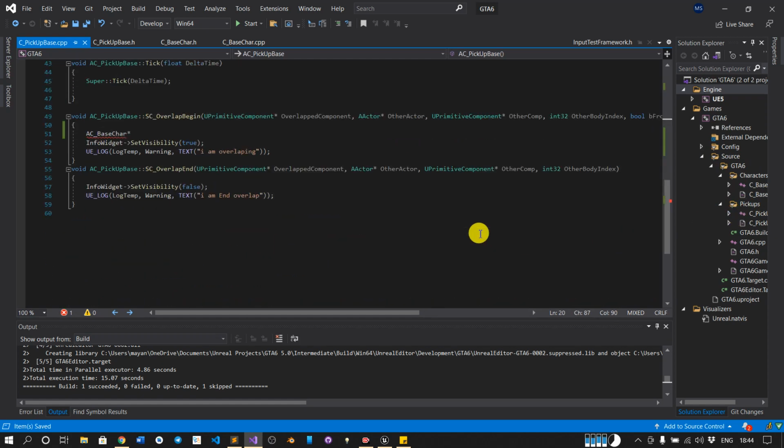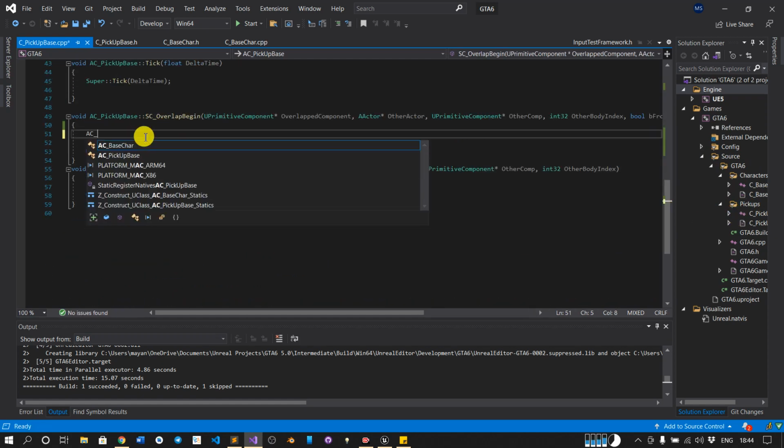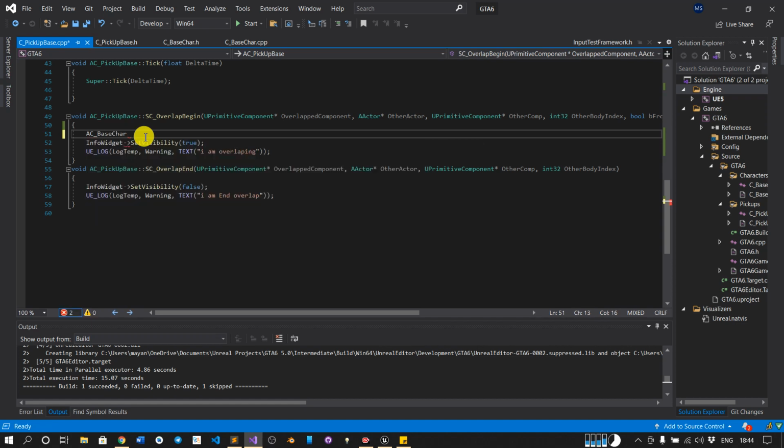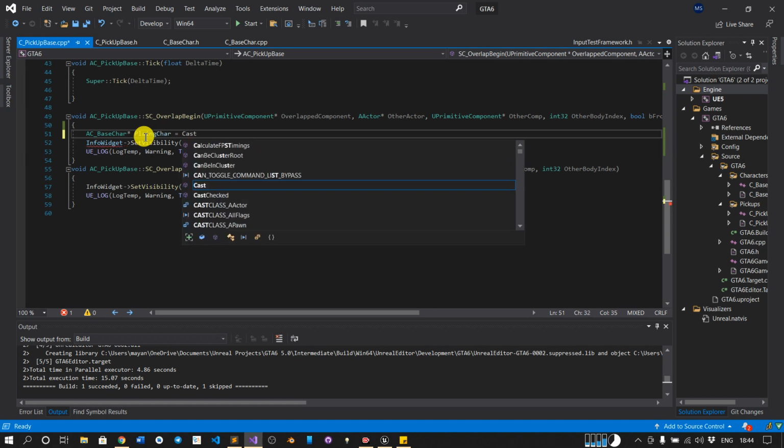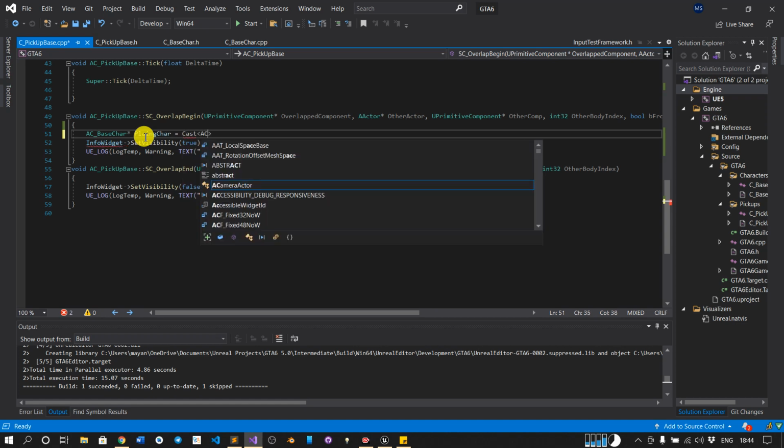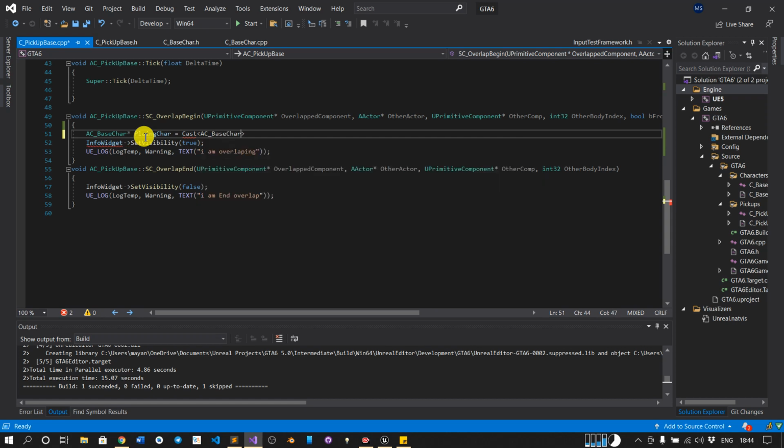Perfect. Now we can access that file. So AC_BaseCharacter. Perfect. We need a pointer. So PlayingCharacter is equal to, here we will do Cast, and here AC_BaseCharacter, and here we will include our other actor.